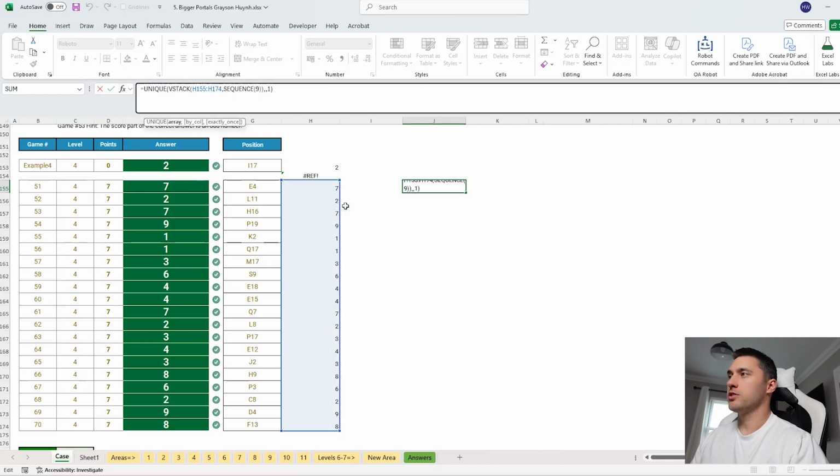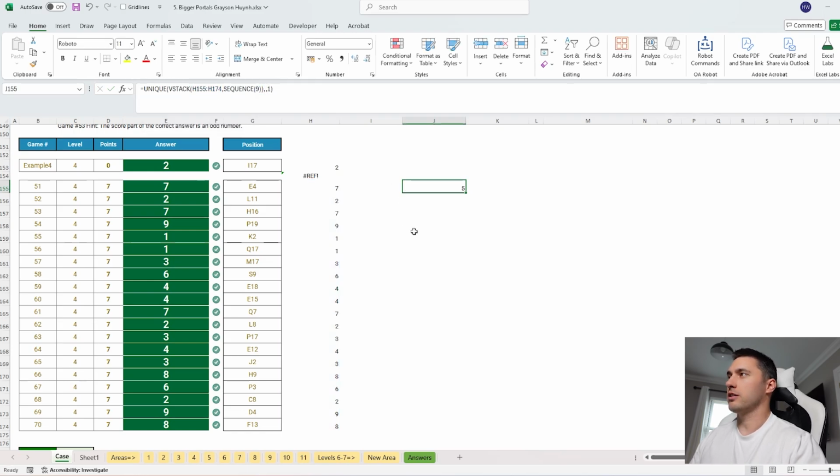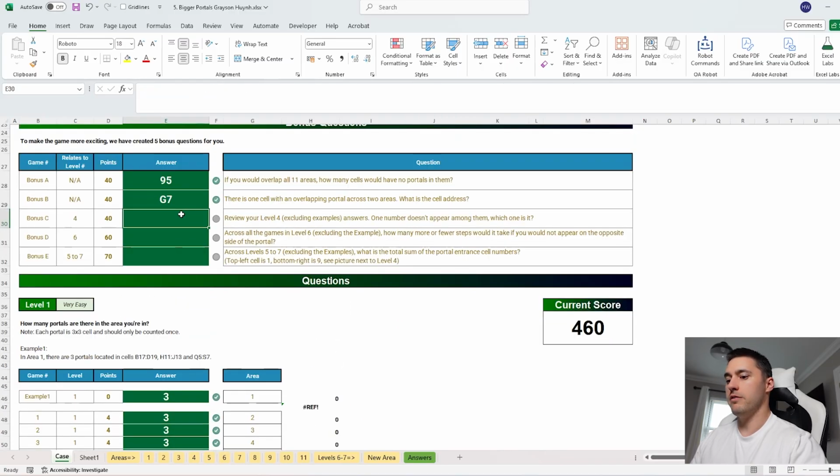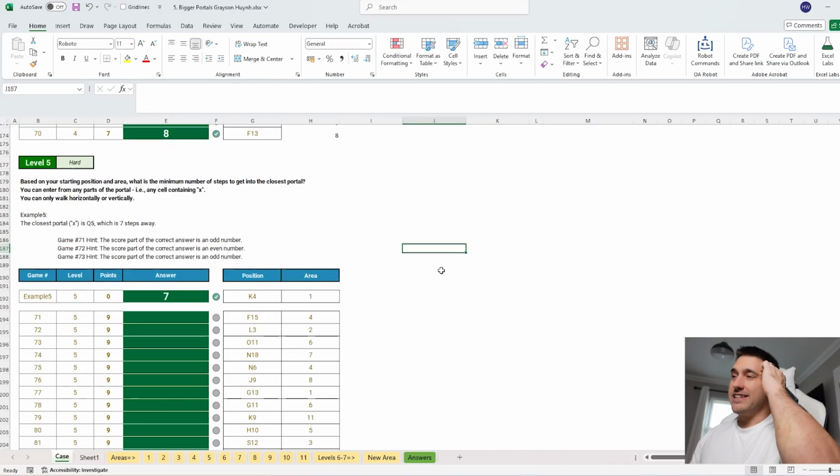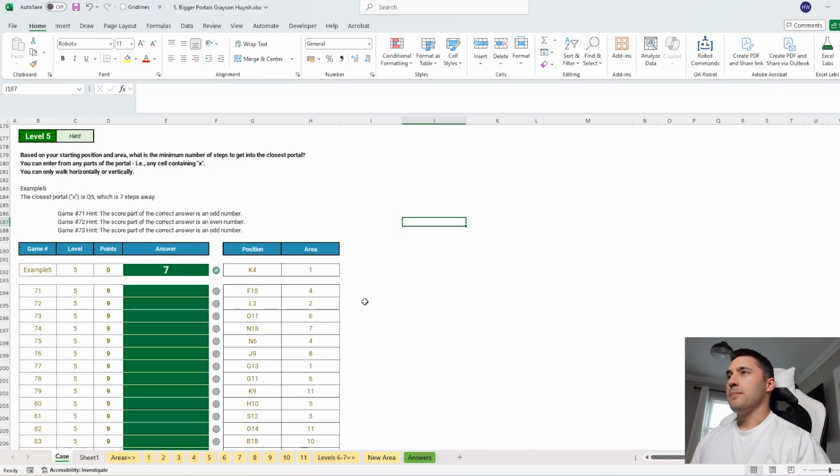The reason that works is because when I do the sequence of 9, obviously 5 appears, but because 5 isn't here, when we VStack it together, it appears only once. So we use that unique only once trick to find what's missing. So it's 5. Okay, now level 5, I actually did this one in the real thing because I have a